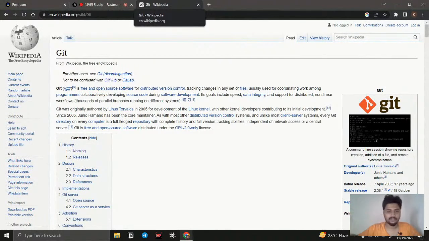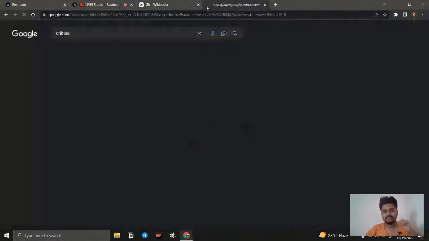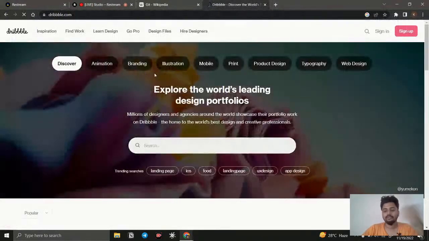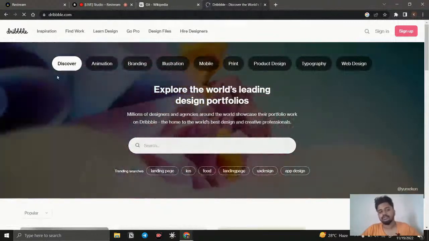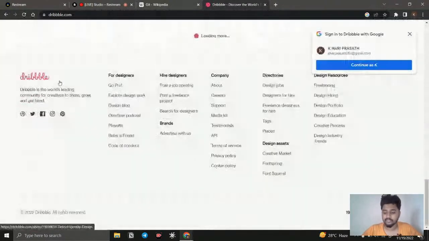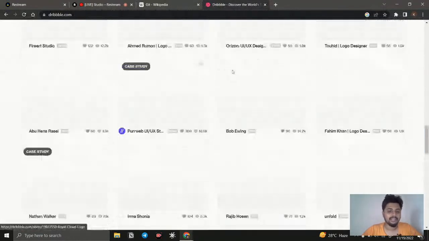This is backend. Okay. So right now, for understanding JavaScript, we will go for another website, which is going to be Dribbble. What does this mean? It is a social media platform for designers, where they post their designs. Let us think about how we can recreate this website. Just think about that.